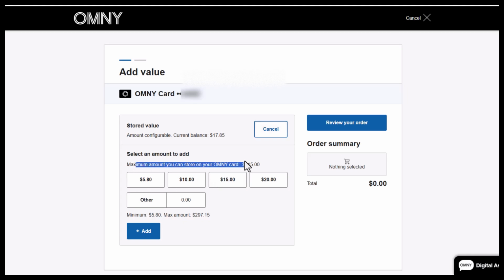Now, the maximum amount for each Omni card is $315. That's the maximum amount you can have on one card. The minimum amount is $5.80. So what I've learned is